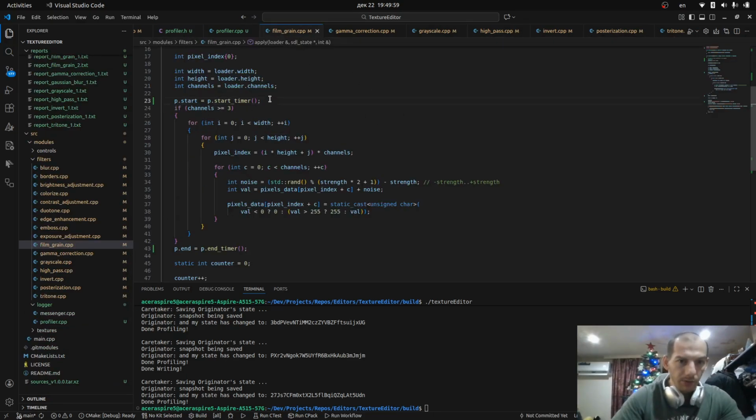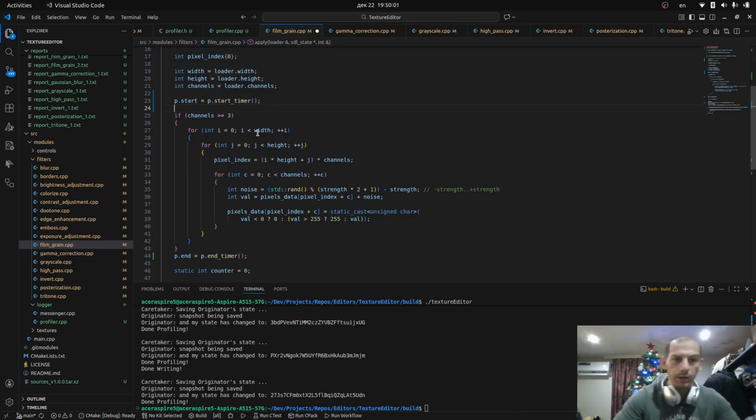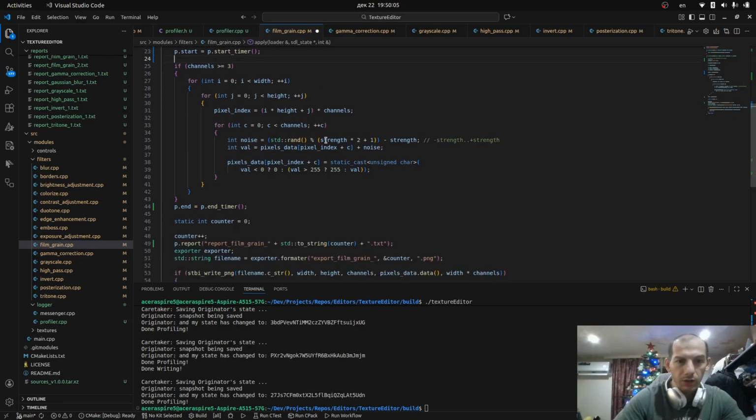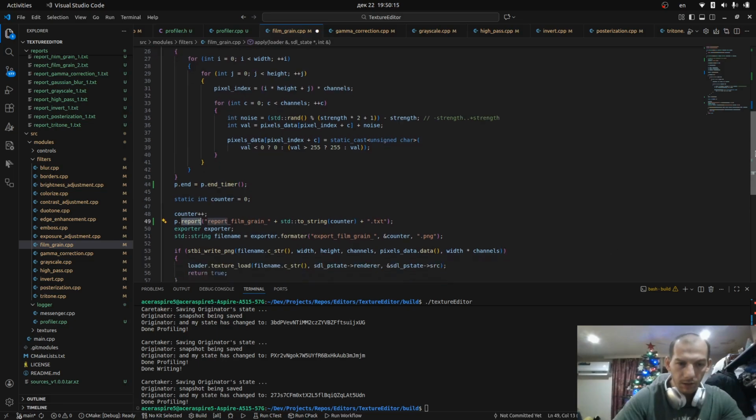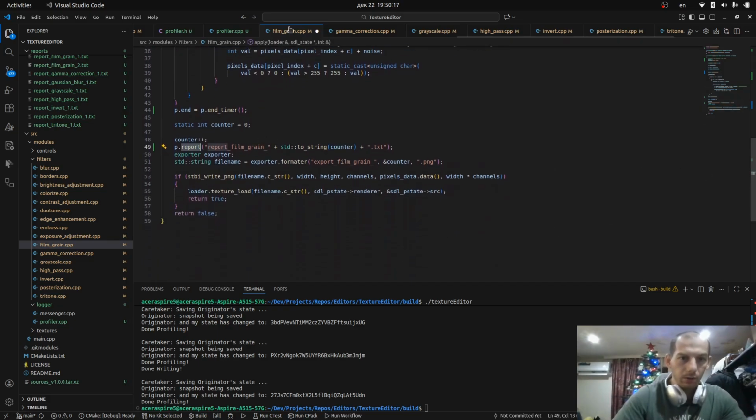And I'm starting the timer when the for loops are started and do some calculations over here, and then end timer after that, and here making the report based on which filter,